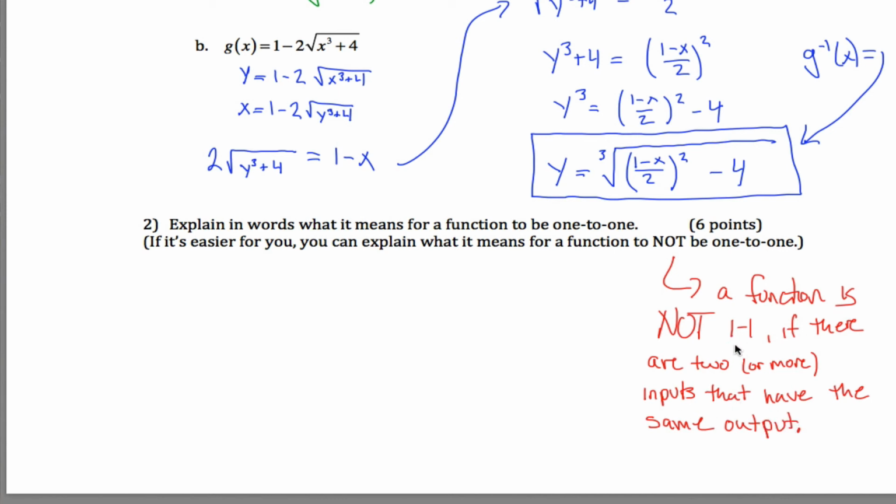I think that would be the easiest way to state what it means for a function to be one-to-one, is kind of define it negatively. This is what it means to not be. If you're not this, you're one-to-one. Should I explain what it... I guess I can give a definition of one-to-one, or a function is one-to-one